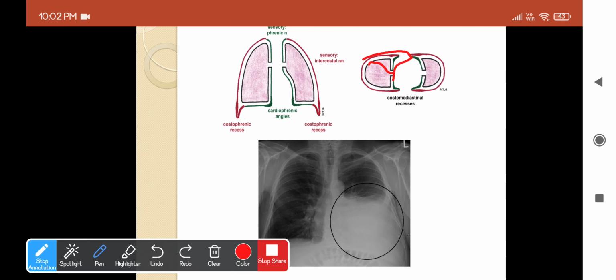Tapping the chest wall from above to below, you will have a change of sound from resonance to dullness. You will read that in your general examination in physiology. Okay, we'll see that later. So this is how you have to percuss, and you will find the change of sound from resonance to dullness. The resonance is due to the presence of lung tissue below, and the dullness is due to the presence of air-free space below, and that sound indicates the presence of the cardiac notch within the chest wall. Okay, so this is the importance of the costomediastinal recess. These two are the important recesses.